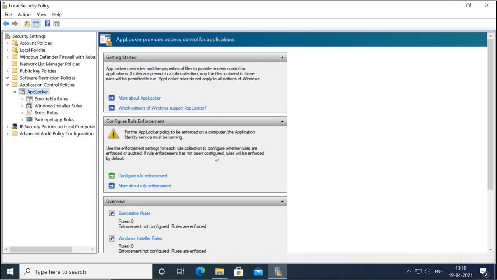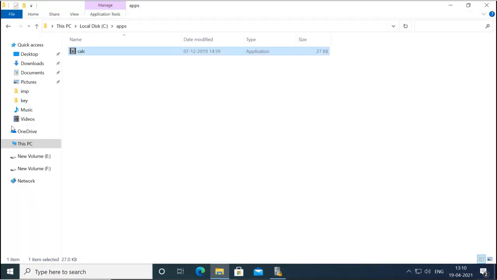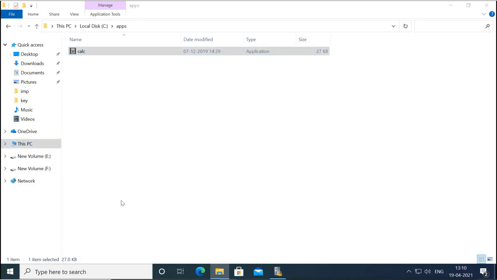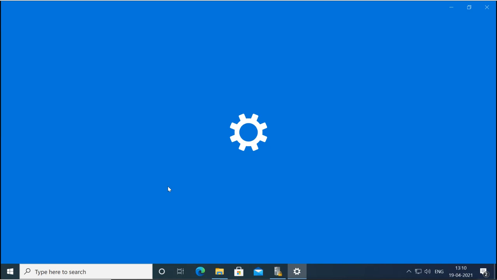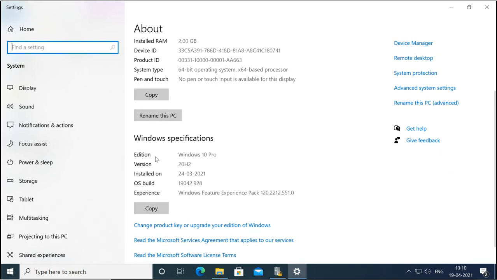Now because it works on the Windows 10 Enterprise version, you can see what version we are having here. So basically we are using Windows 10 Pro Edition.